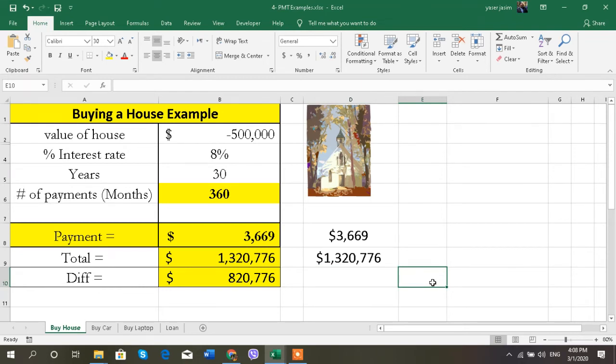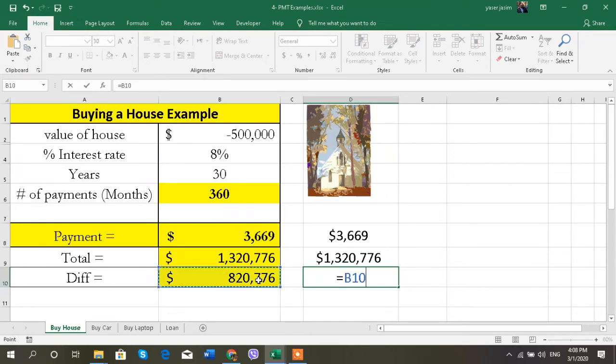Now, this is the amount that I need to pay, the value of the house after 360 months or 30 years. And what is the difference? The difference is how much I have overloaded the price, the value of the house after 30 years. So how do I calculate it? Equal